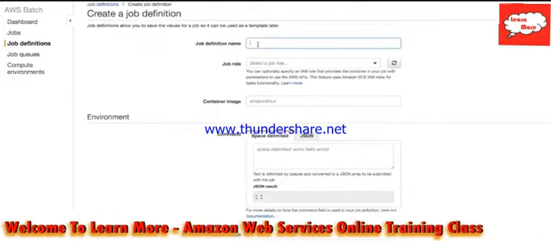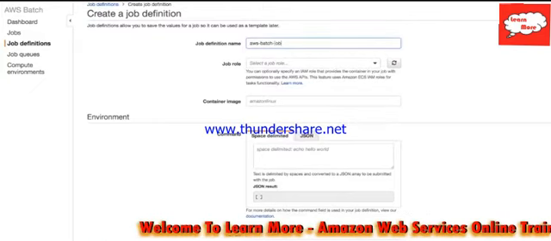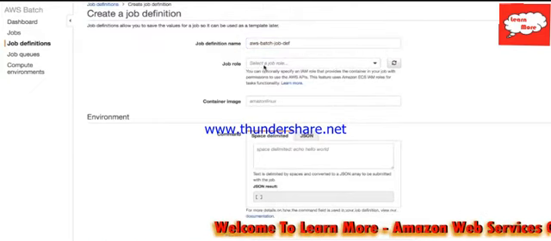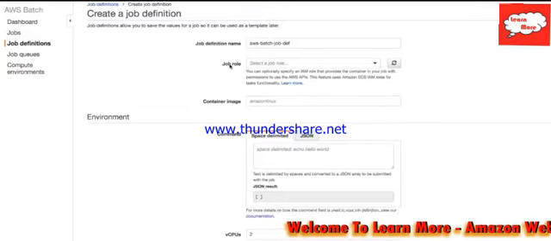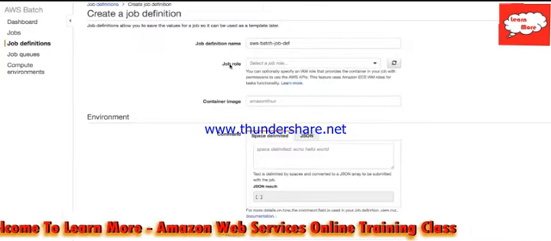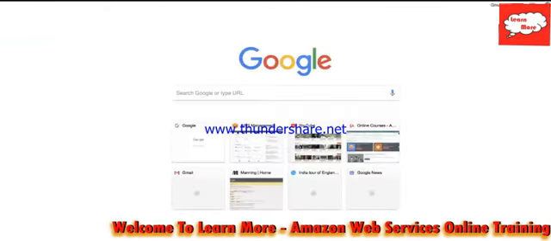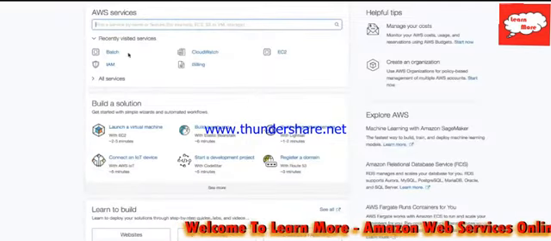So I'm going to click on create. For the job role, we don't really have a role, so we are going to create one, because we know that our batch is going to access DynamoDB and it's going to put items. So we need a role with put items. So let's create one. I'm going to go to IAM,